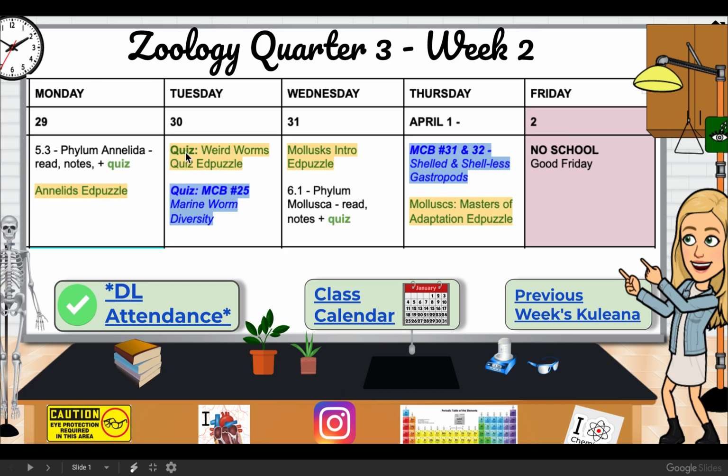So I'm calling this a quiz because it's a review. So you need to do this independently. I think most of you distance learners work independently anyways, but you need to do this ed puzzle and then answer the questions embedded within it. And it counts as an assessment grade. So it's a little bit more than your typical ed puzzles are. And then one of your coloring sheets that I gave you,